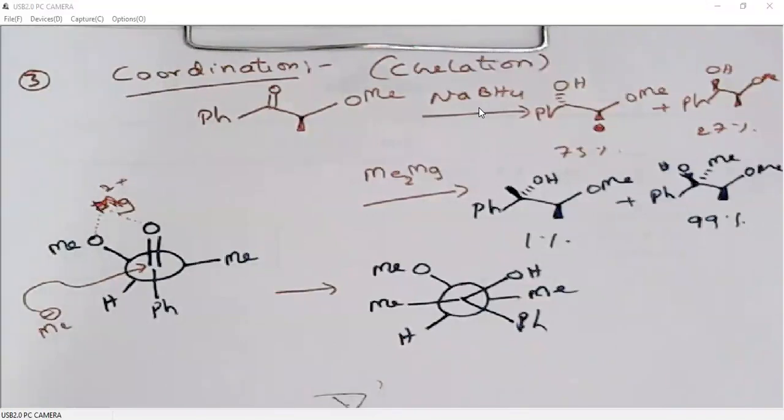So that is why we avoid Cram's rule, but he is the first to identify the stereochemistries in these reactions, which is why we are discussing Cram's rule. Otherwise, we wouldn't discuss it. So in the exam, if you are asked to predict the product based on Cram's rule, yes, you need to go for Cram's rule. Otherwise, we only use Felkin-Anh model.